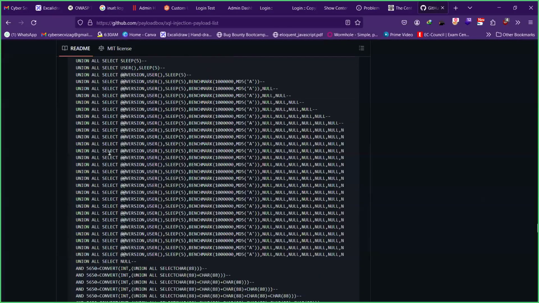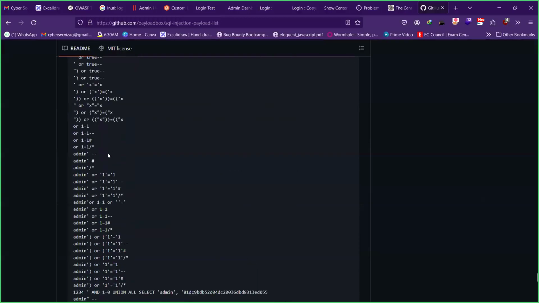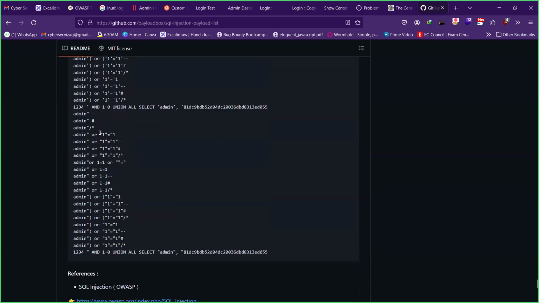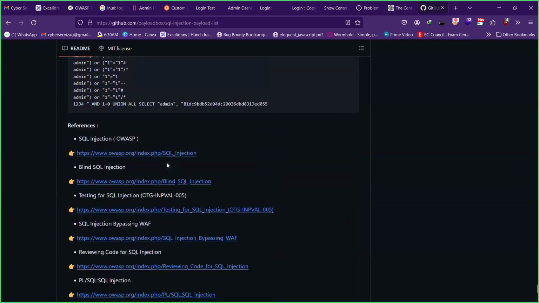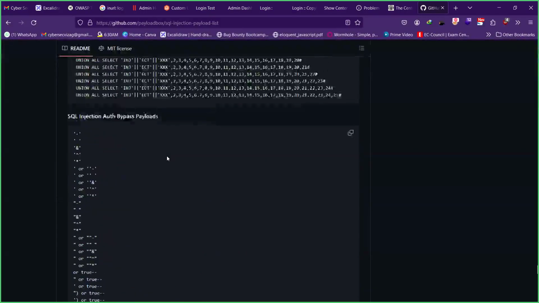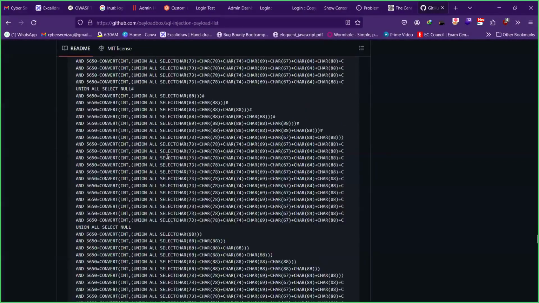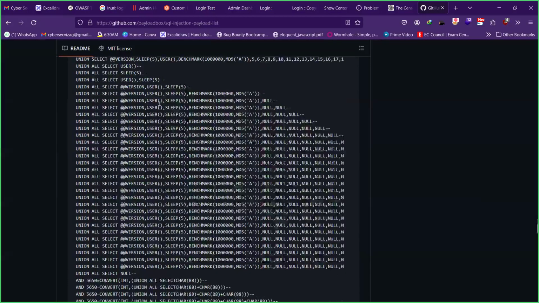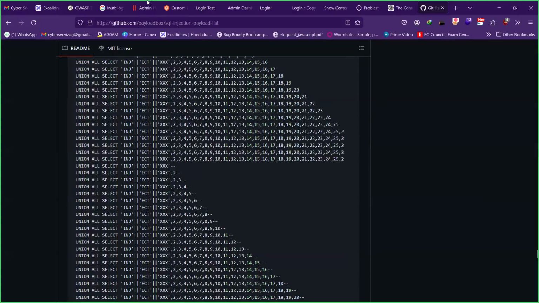Again, what you can do is rather than entering these payloads one by one manually, so these are all the payloads again, single quote admin or one equal to one, or one colon one equal to one colon one hyphen hyphen. So there's tons and tons of payloads. Any of these could work, but we won't have the time to test all of them manually one by one. So we can input these payloads in a tool like Burp Suite and automate the process there as well in manual testing. What I'm using is a very generic and very simple payload, the simplest of all payloads, I would say. And even with that,